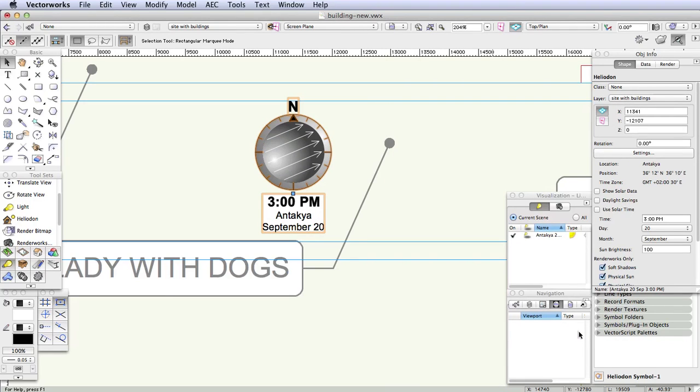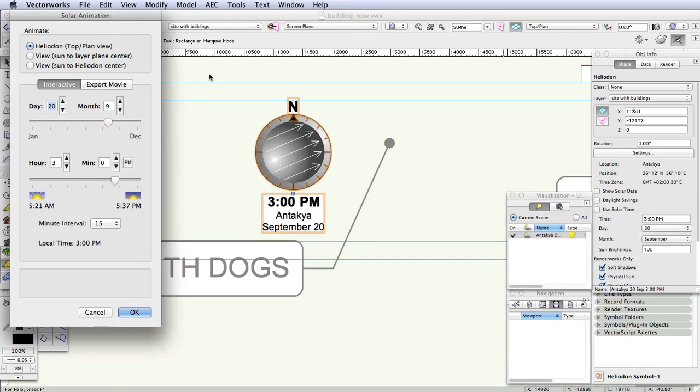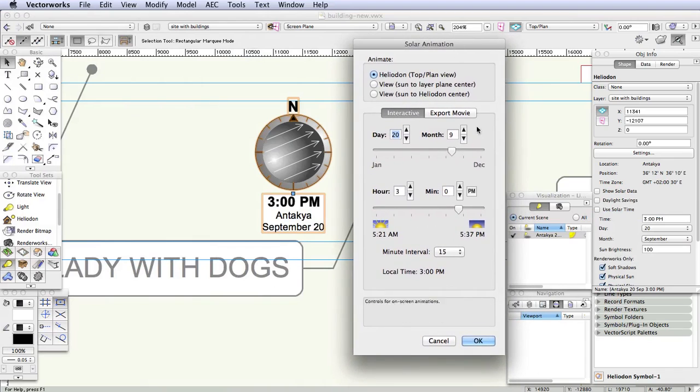You can also control certain settings in the Solar Animation dialog box. So double-click on the Heliodon icon, or actually you can edit the Heliodon object via the visualization palette like this. And now you can see the controls, and many of these controls are actually intended for the solar animation function, which is actually outside the scope of this Getting Started intro guide. But still, you can see how you can easily make many adjustments to the sun using these interactive controls. And just make sure that the Heliodon setting is selected at the top of the dialog box first before making